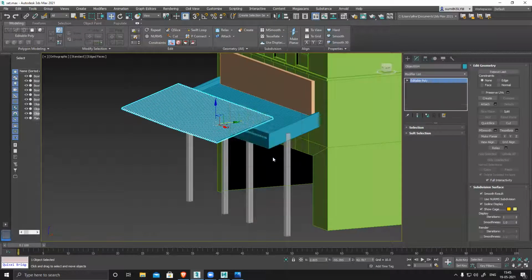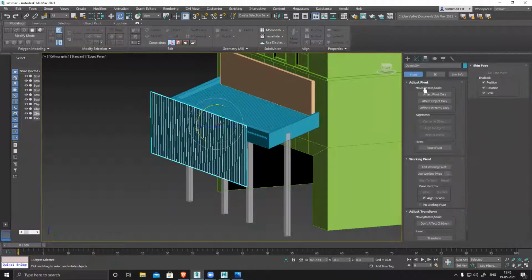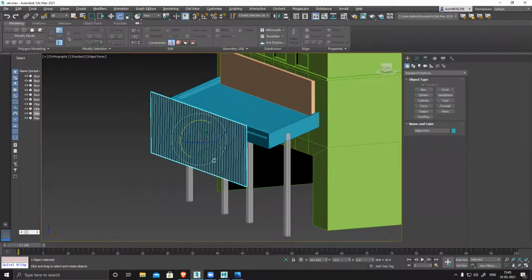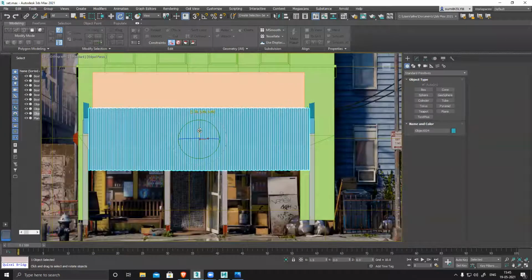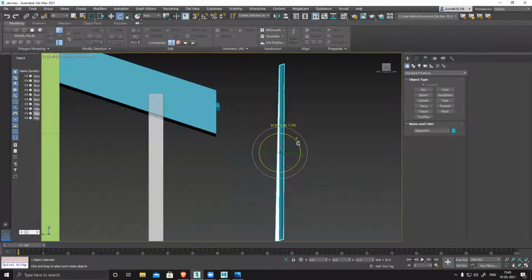Duplicate, yes. Center, left view, and check the angle. You can see clearly it's not straight.